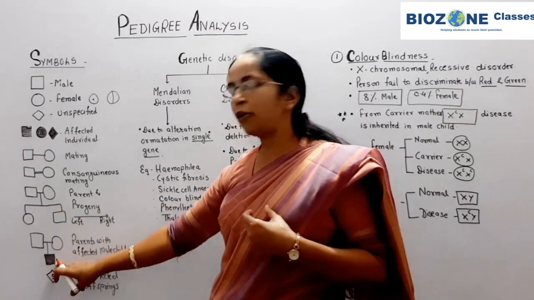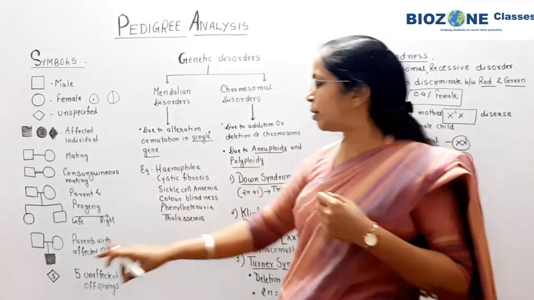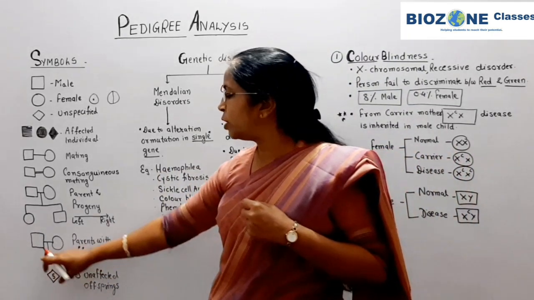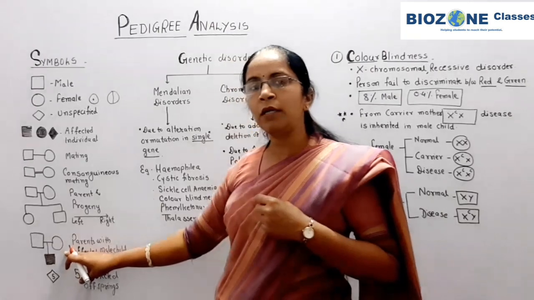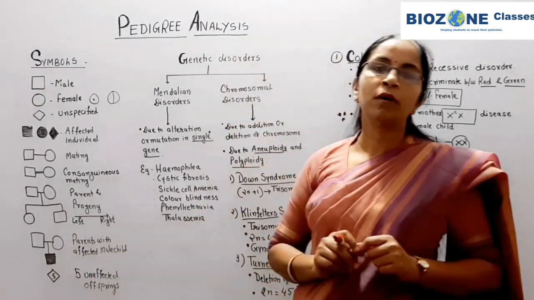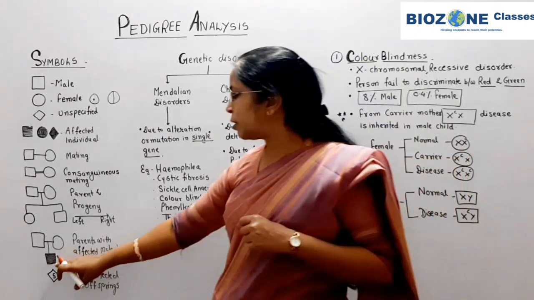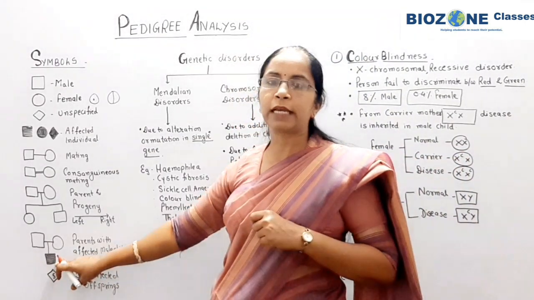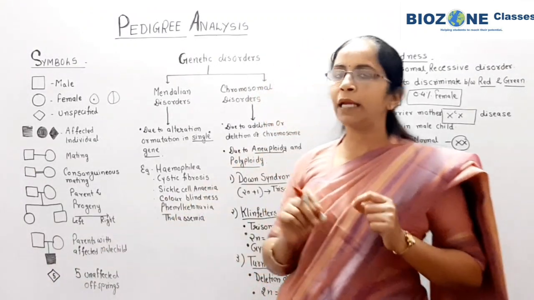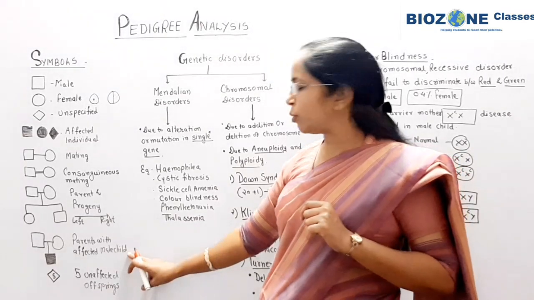Now if this kind of sign is there, only one sign is shown here, a male child. So upon mating, remember, the parents are responsible for the production of an affected progeny. Affected progeny in this case is the male child. How does the male child appear here? The male child appears as an affected male child. So remember that part.